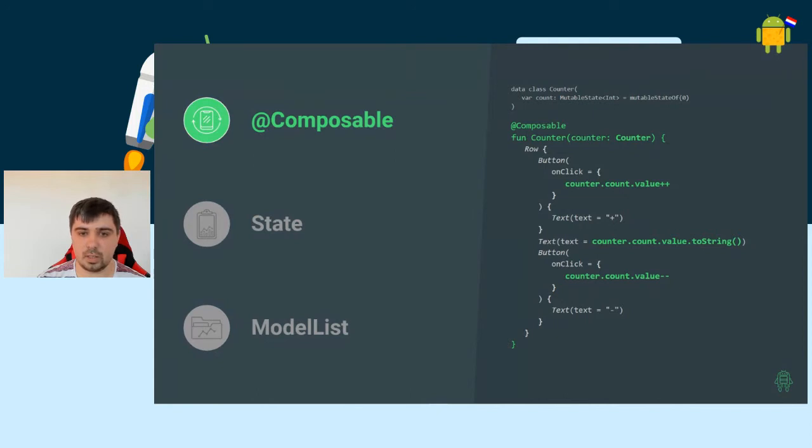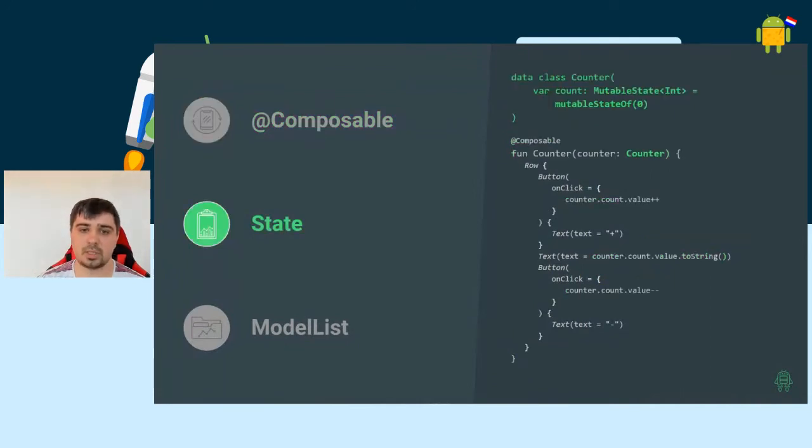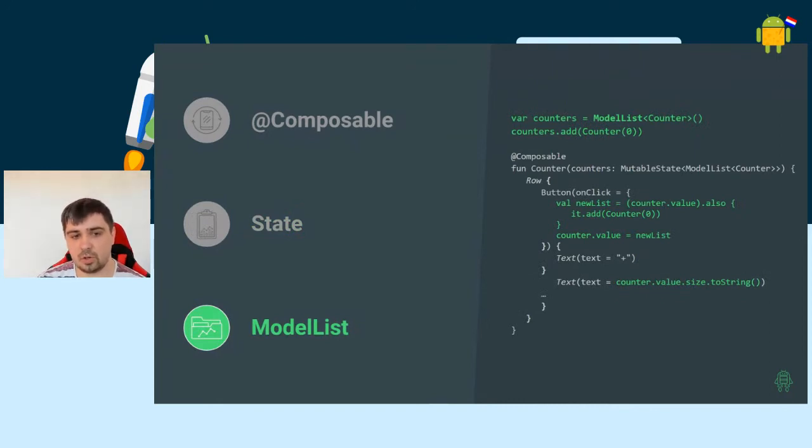For building state, we can use a mutable state option, which can be passed as a parameter to our composable function and can be initialized inside or outside the function. We can also create a usual class, and one of its properties can be of mutable state type if needed. However, if we want to store and follow the state of a list of data, for example a list of emails or list of tweets, we can use model list. For model list and for state, it's something trackable for a composable function, and it means that